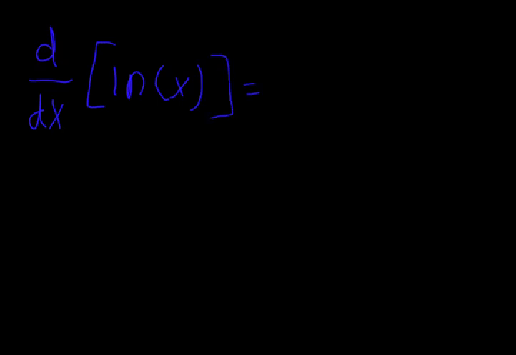And what is the derivative of the natural log of x? If you plug it into the difference quotient and do a little bit of algebra, you would find something that has been well known to mathematicians in calculus, something that has been derived before. The derivative of the natural log of x is fairly miraculously 1 over x,